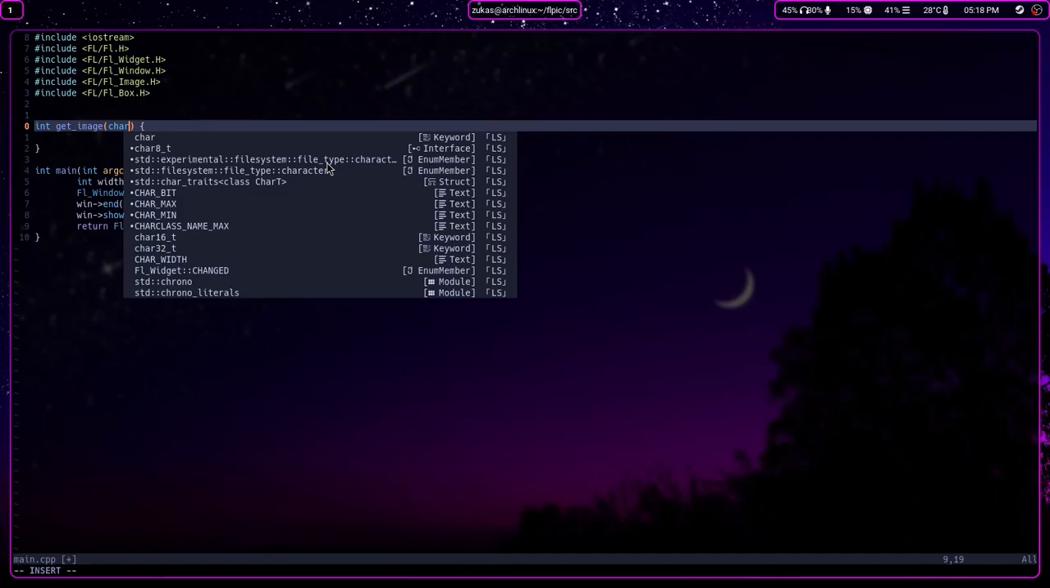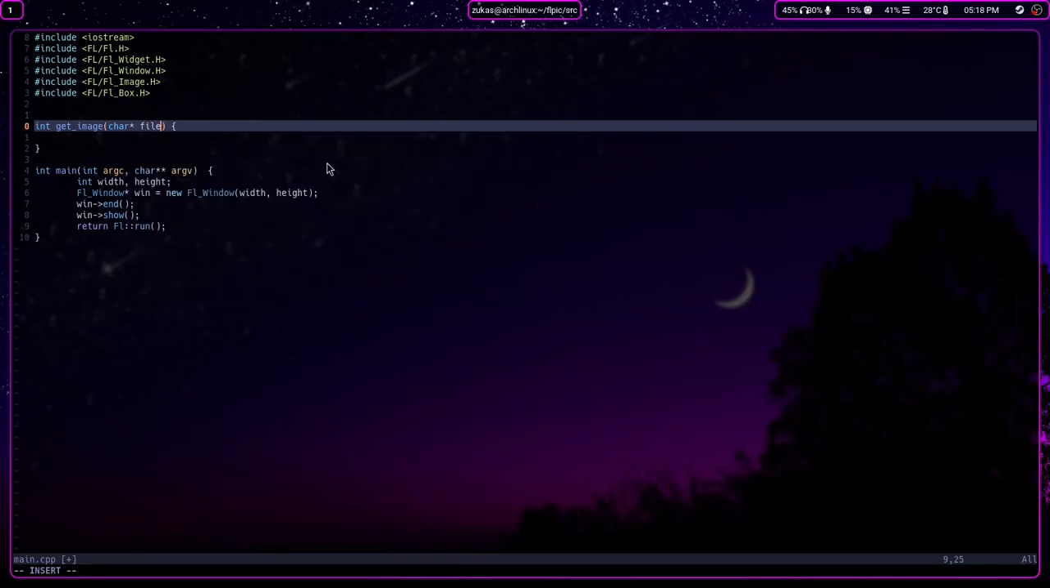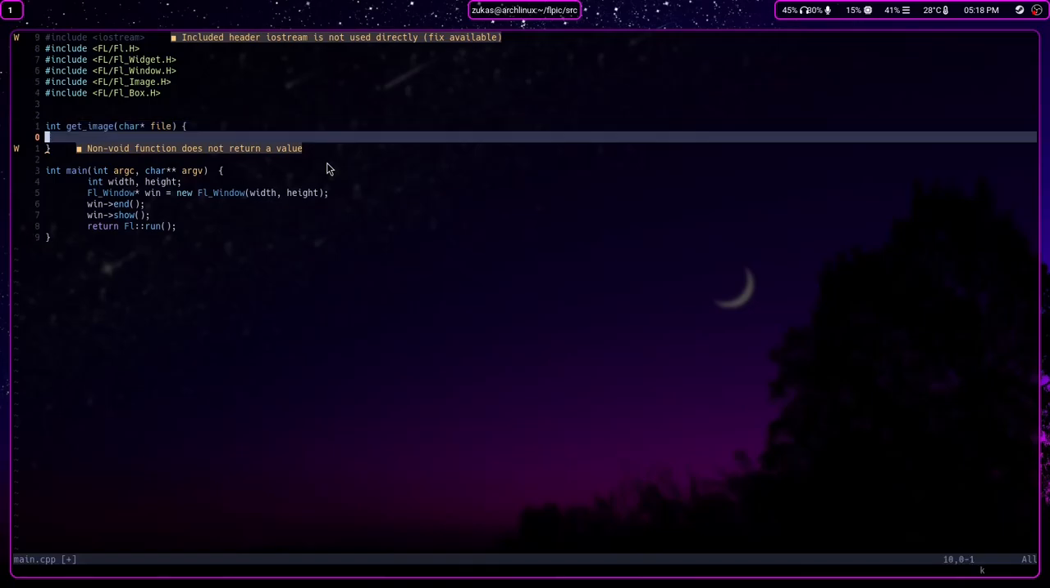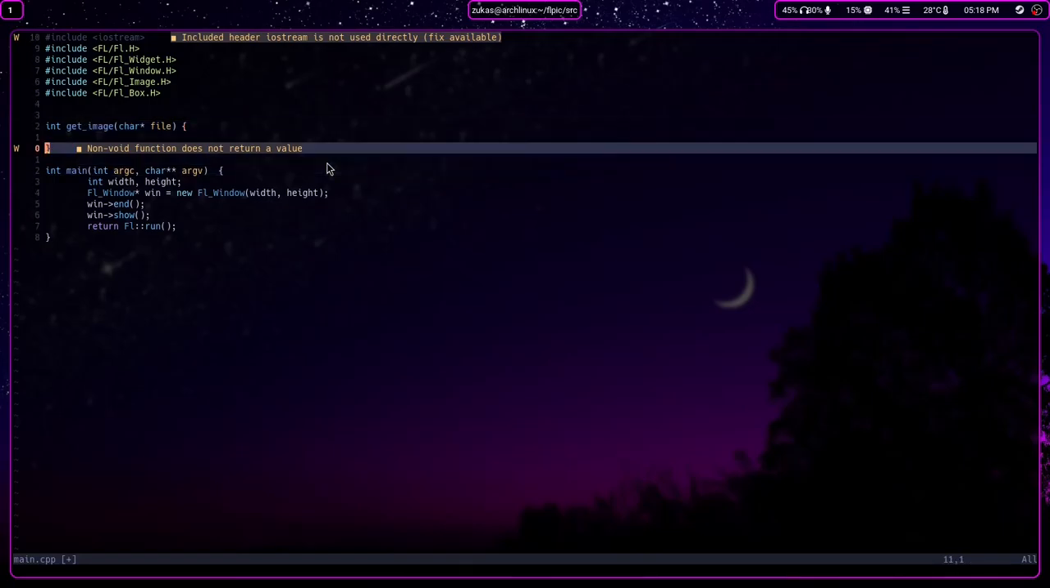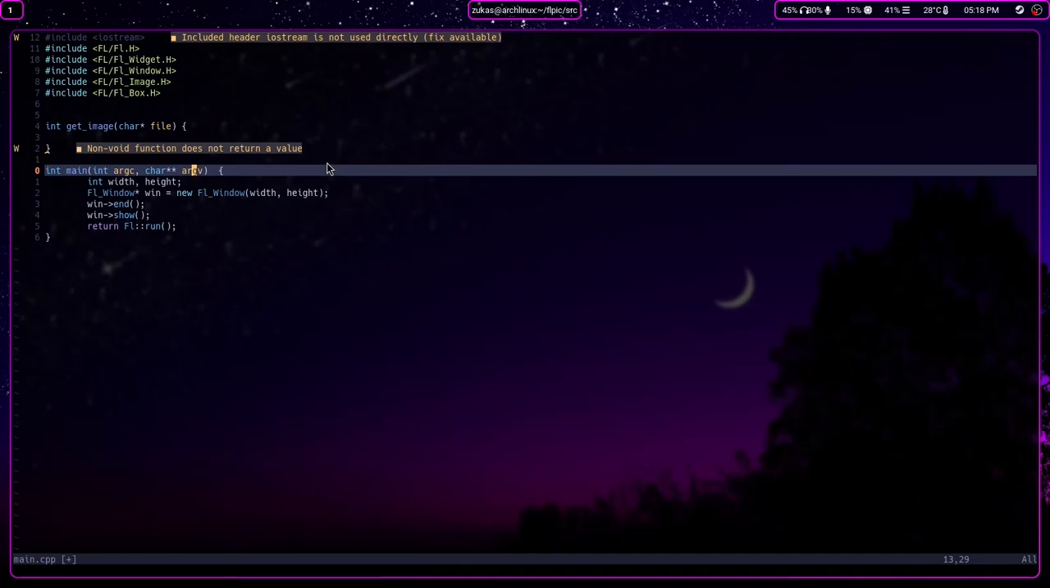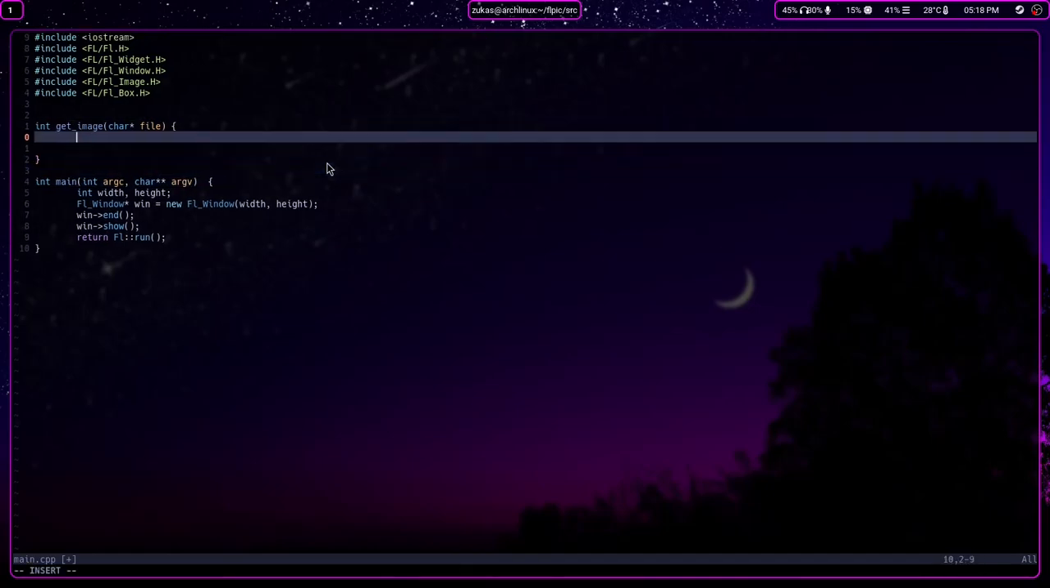It's gonna accept a char pointer of file. It's gonna be the name of the file, which would be the argument argv. So let's see. And I'll have to implement something so it can detect the file type, but for now,